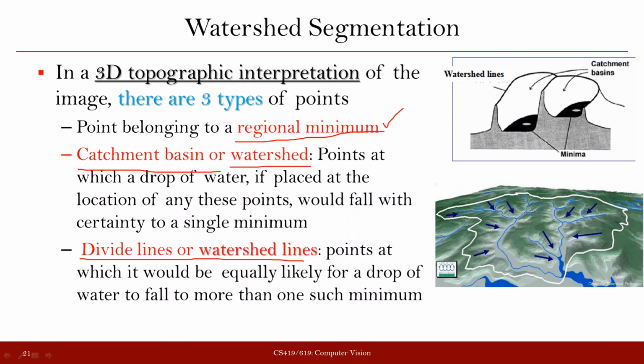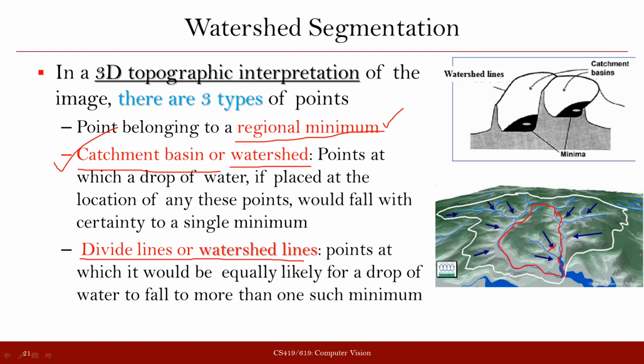So one is the regional minimum, then another is the watershed, and the third is the watershed lines, which are the dividing lines. Let us say if you consider this particular region, whatever I am drawing is the watershed line. All the pixels which fall in this red region that I have created are the watershed points, or you can say they define the watershed. And the points marked by these arrows are the points where the water is accumulating,